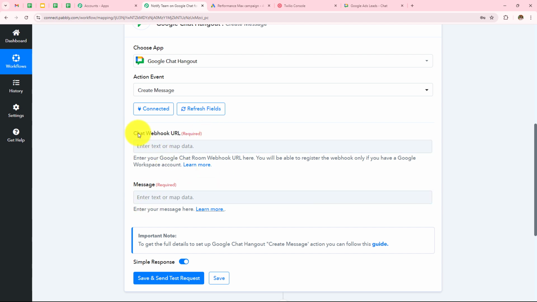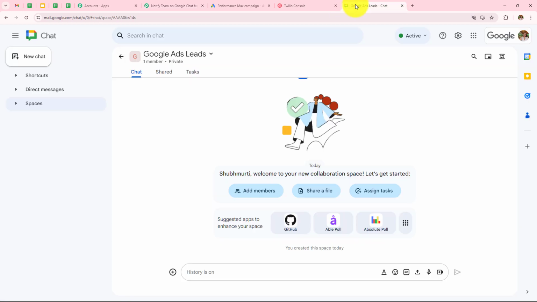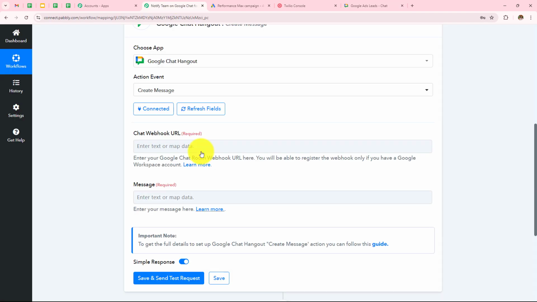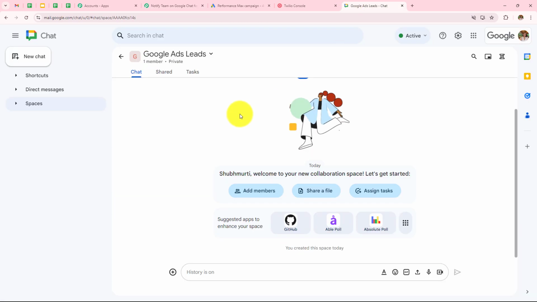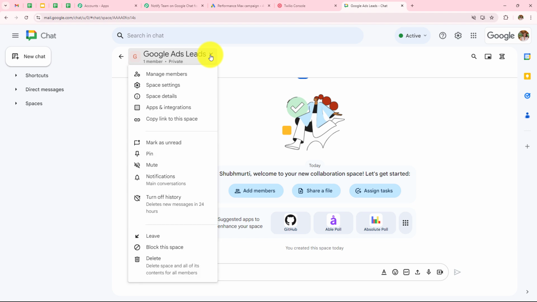So the first one is chat webhook URL, and to enter this, let me take you to Google Chat Hangout. So this is my Google Chat, and I have created this space by the name Google Ads Leads, and now we have to make this connection. So over here I need to enter the chat webhook URL. For this, let's go back to this page, and I need to click on this Google Ads Leads arrow given